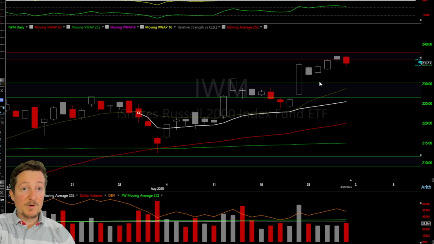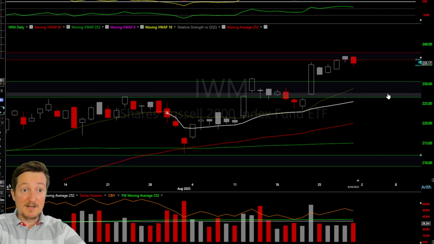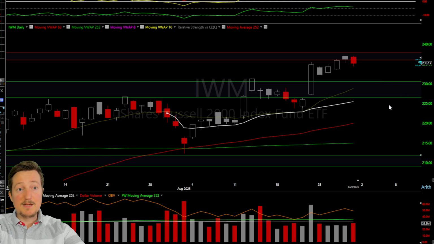So, if it was to get below, let's say this candle, that would be very bearish for the IWM. So it's kind of in a perilous spot going into September. But if it continues to show strength and can rally this week in spite of September, in spite of everything, or even go sideways and stay above this key level, I'd still stay bullish. So IWM is bullish. And that's kind of what I see there.